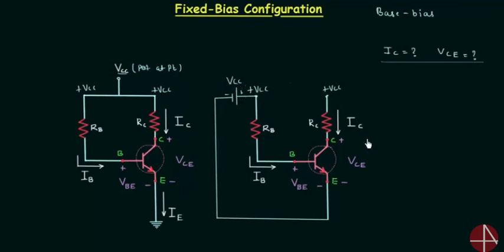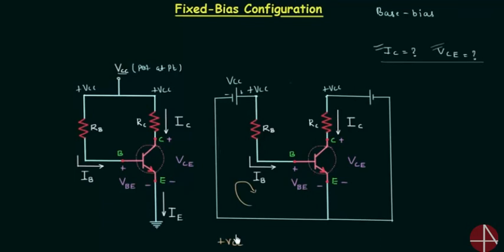In the same way, I will complete the output circuit. VCC is positive, so I will connect the positive plate here, and the negative plate is connected to the ground because ground is at the lower potential. So this is how the output circuit will look, and now we can easily obtain the output current IC and the output voltage VCE. I will apply KVL in the input loop, and we have plus VCC